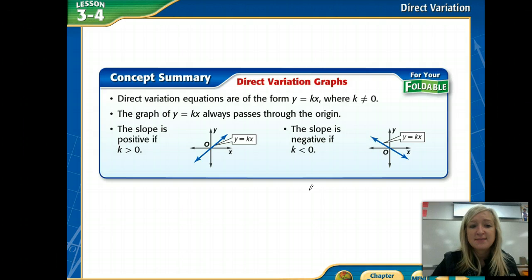So just a concept summary, direct variation equations are in the form of y equals kx. K can never be 0. Our slope is not 0. And they always pass through the origin of (0, 0). If the slope is positive, our graph will go in a positive direction, remember from slope